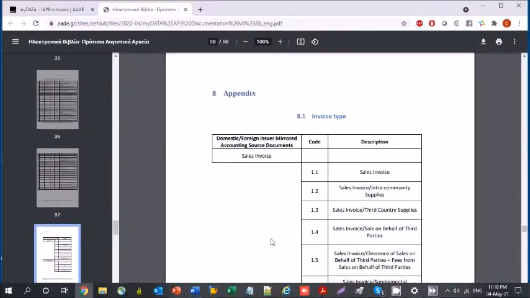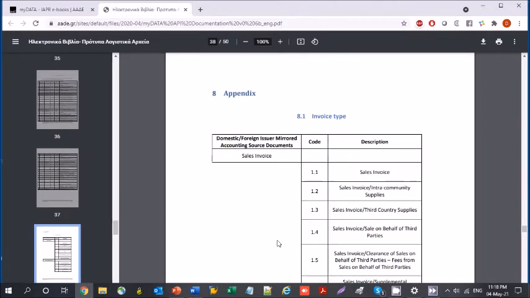The first and probably the most significant MyData table is the MyData document types table that many call MyData invoice types table. There are 52 MyData invoice types that define and control the data that have to be uploaded to the Greek tax authorities. The MyData document types starting from 1 are related to sales invoices with variations depending on the customer.